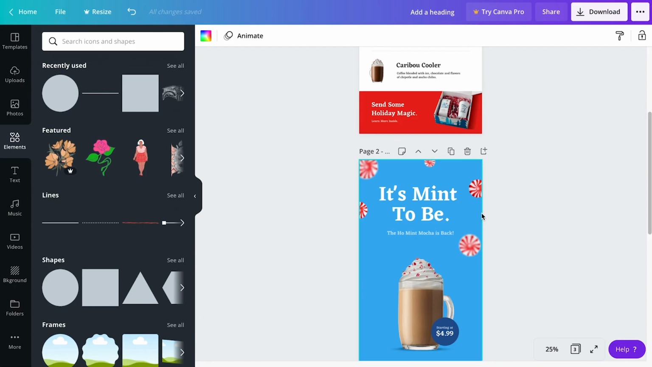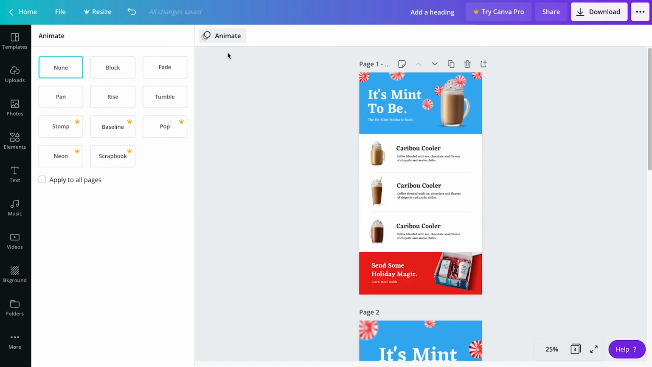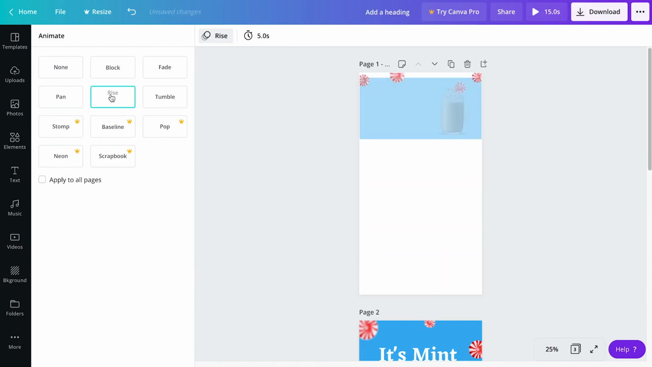Now it's time to add a little bit of pizzazz. Come back to the first one over here. Perfect, now we're gonna go to animate. I know I want this to maybe rise. Yeah, we'll do rise. What's gonna happen is Canva is going to animate all of these elements to make a really nice transition, a really nice animation, and it'll cycle through them seamlessly. So if I just click on rise,